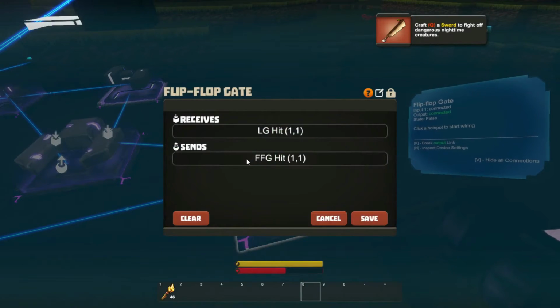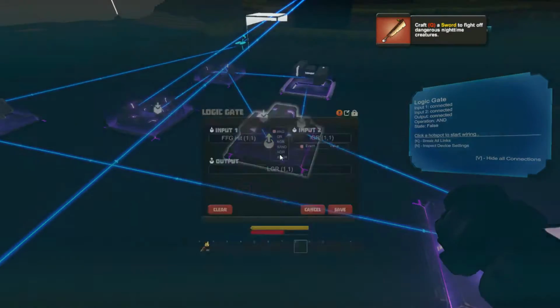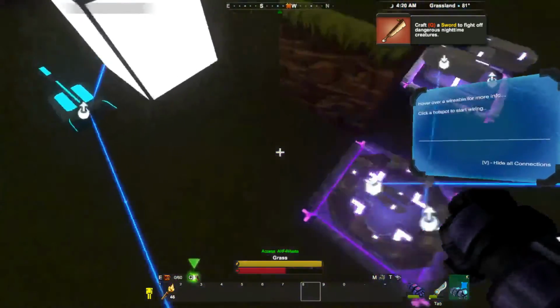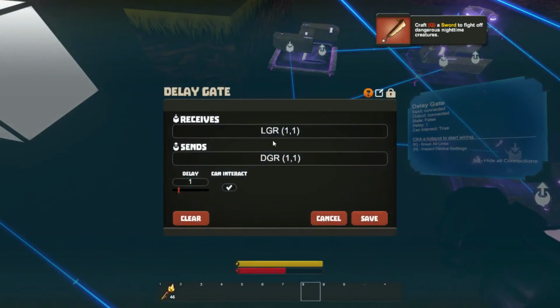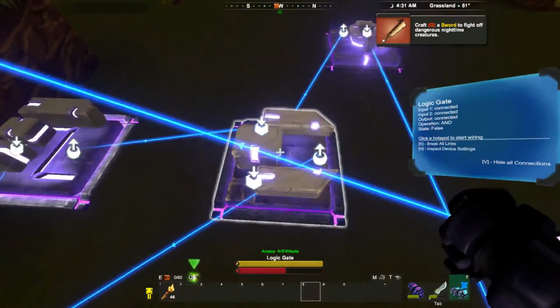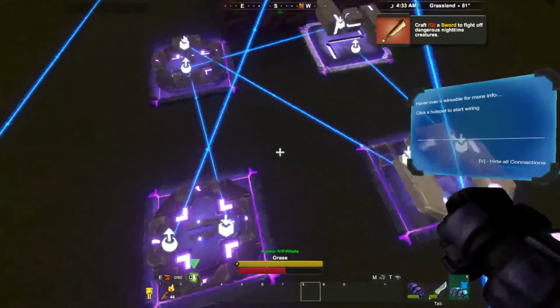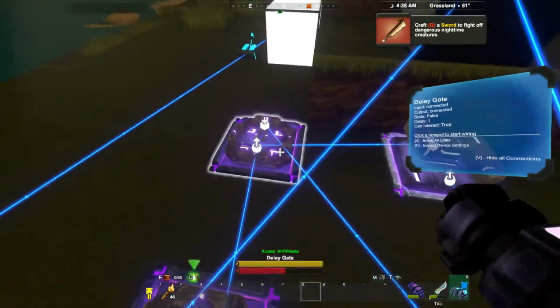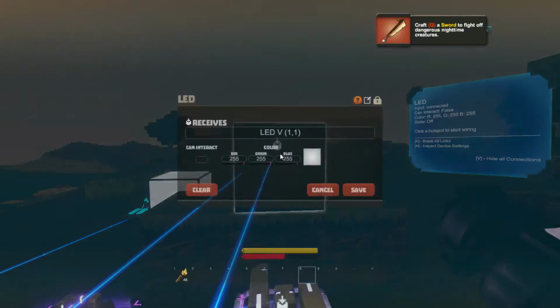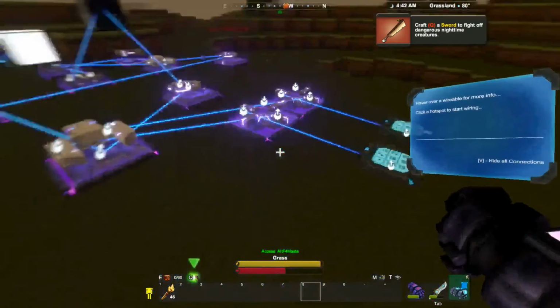You got the logic gate here that hit. Now you got the flip-flop gate that hit. Now you're saying, yes, it hit, and yes, the inverter gate is turned on. Send it to the delay gate. Okay, here we have delay gate repeater, which is going to receive from the logic gate repeater, send, boom, all the way to this inverter gate, which is going to send back to this logic gate in a loop. And if this is turned on, boom, send it to this delay gate here, boom, LED light,